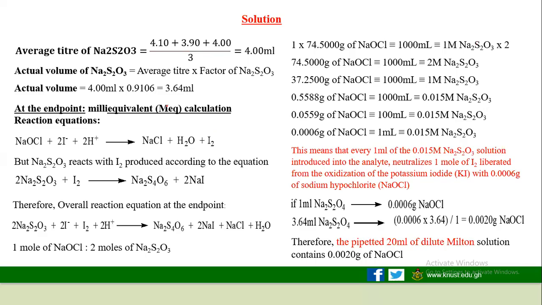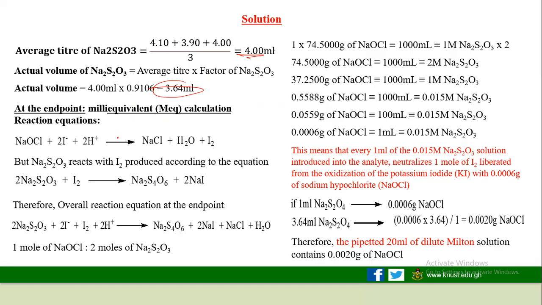Good. Let's move on. So this is the calculation for the average titer. We got 4 ml. The next thing that we did was that we corrected it. So the average titer multiplied by the factor will give us the actual volume. Right? So that is the correction that I'm talking about. Always after getting your average, multiply by the factor to correct it. Next up,